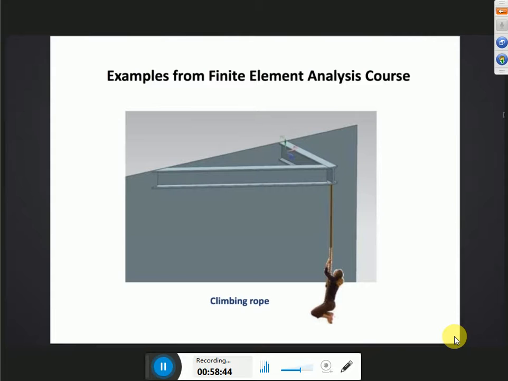So this student actually happens to do climbing, rock climbing or climbing on a rope. So he also designed for himself for a rec center. So the question is how to join two I-beams. This is a computer-generated drawing. But to actually make this, I can make this I-beam, can make this I-beam, but joining those two,